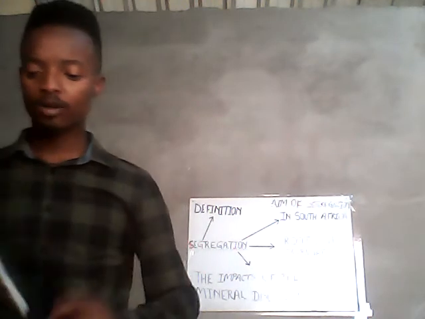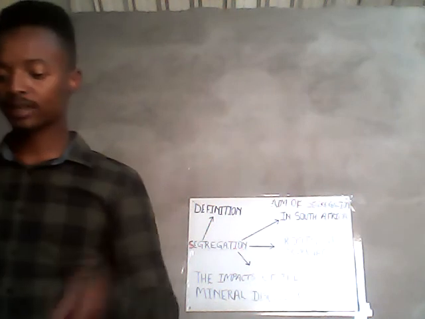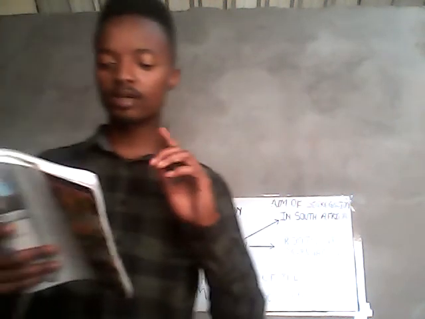Right? The Union of South Africa became a self-governing dominion like Australia and Canada. It was a unitary